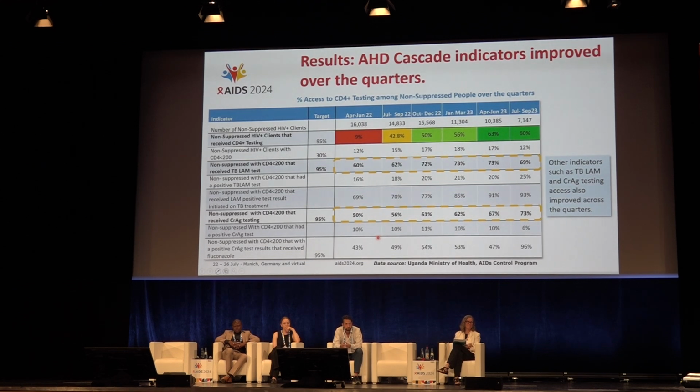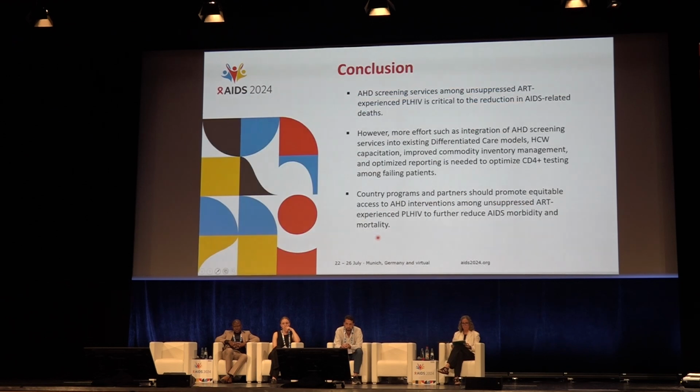So it's not enough for programs to enroll people living with HIV in care, but really to make sure that they remain virally suppressed to reduce the risk of AHD. So in conclusion, we see that AHD screening services amongst people living with HIV who are virally unsuppressed is critical, and it is going to continue to be critical in ensuring that we continue to reduce